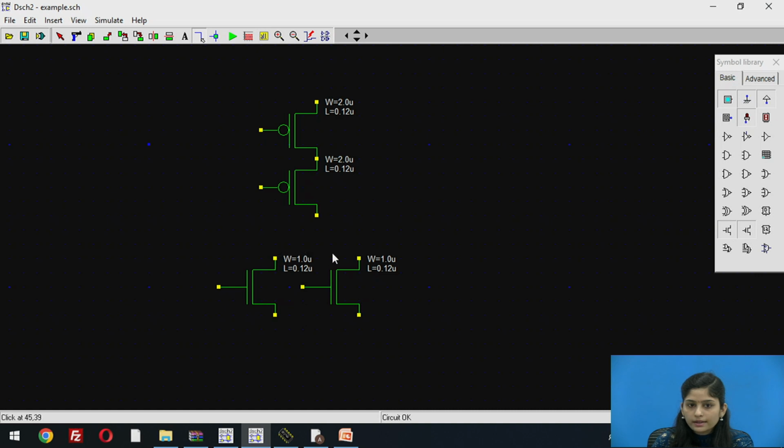Now we add a line between the two NMOS. We have to connect PMOS and NMOS and add a line between these two terminals.